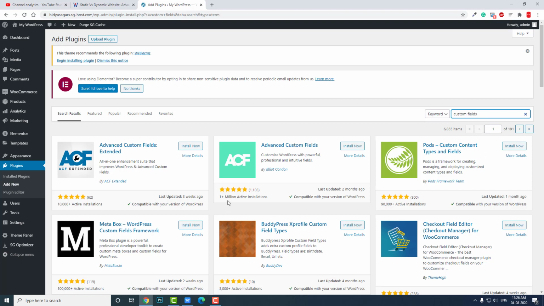Okay, Advanced Custom Fields is the best choice. Here you can see 1 million plus active installations. Advanced Custom Fields is the best choice for custom fields. You can add your own custom fields and you can design your custom fields inside Elementor. I suggest you buy the Elementor Pro version if you want to have custom fields, designed inside